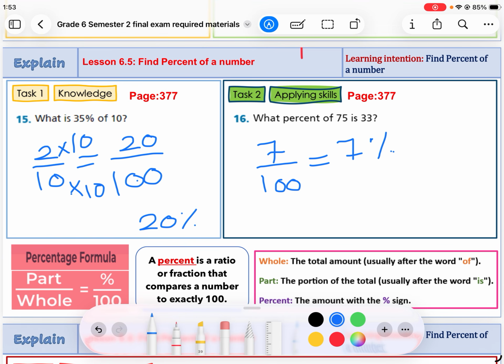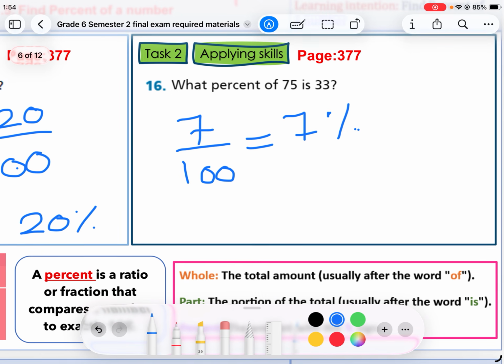That's it. Okay? What did I use here? I use equivalent ratios. I thought of a number that when I multiply will give me 100. Okay, so for example, also sometimes we have